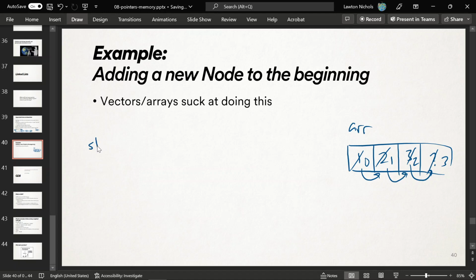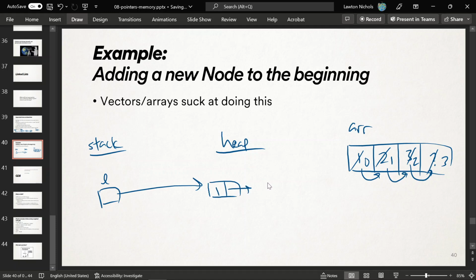With the linked list, here's what you could do. Stack, heap. Here's my list. It points to the beginning of the list node. It originally held 1 and 2 and 3, right, in that order. 1, 2, 3, null. If I want to add the 0 element at the start of the list, all I